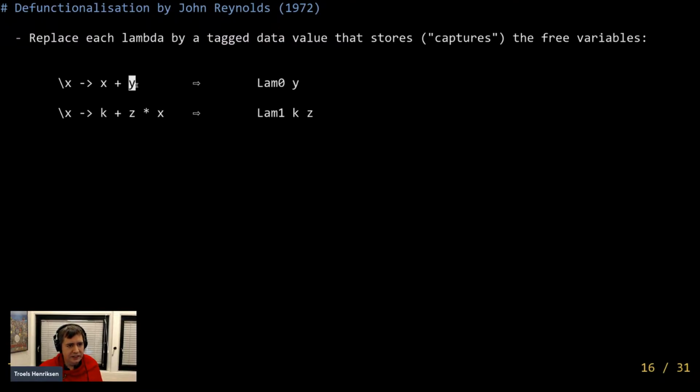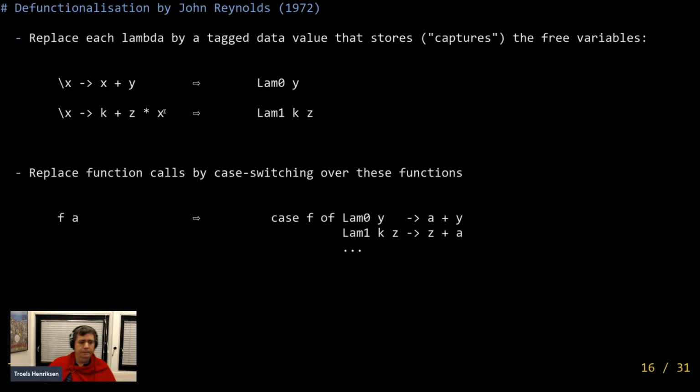You can see y here is not a parameter, so that's some free variable that is defined out here maybe, and you store that inside. This really represents the closure corresponding to this function. Similarly, if you had two free variables, k and z, you would have two values here, and you would have a different number because this is a different lambda.